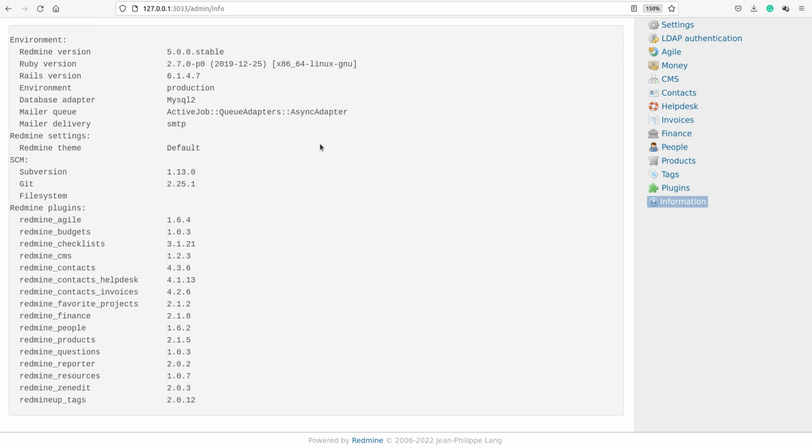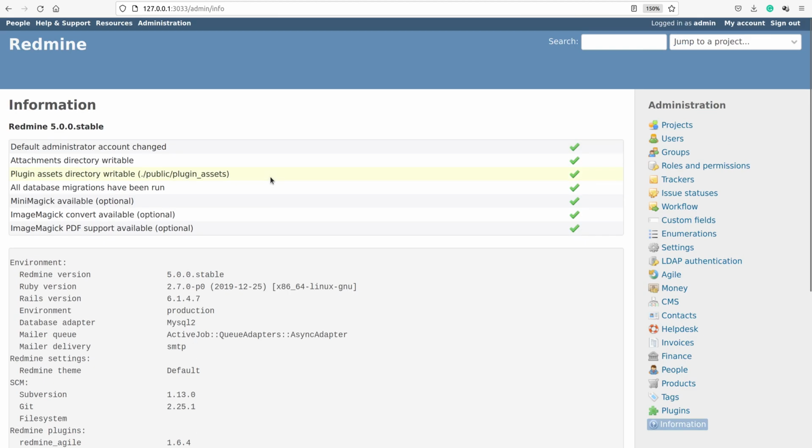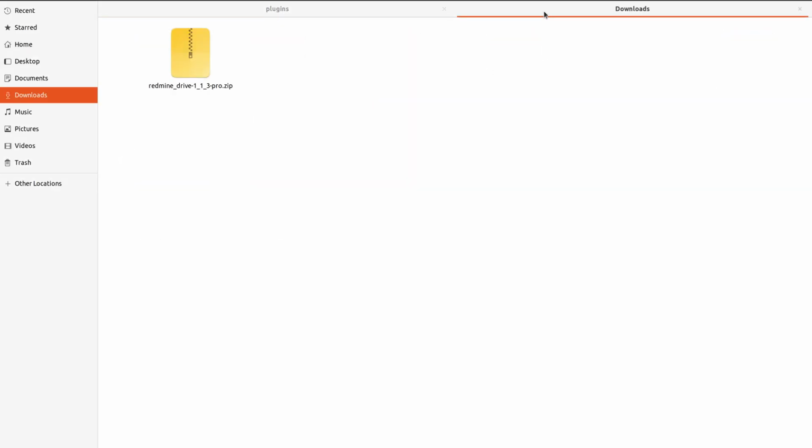In this video demonstration I'm going to show you how to install the RedmineUP Drive plugin on a Redmine that is installed on a Linux operating system. So the very first thing that you have to do is to go into your license manager and download the very latest Pro version. However, if you do not have a license, then you could get the light free version